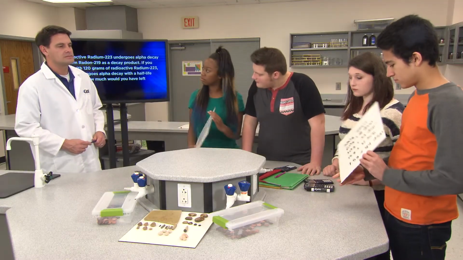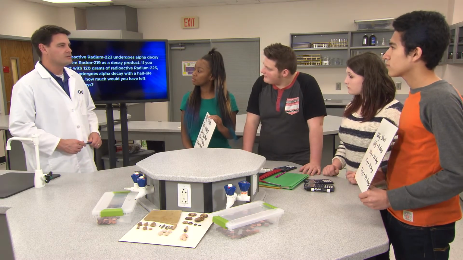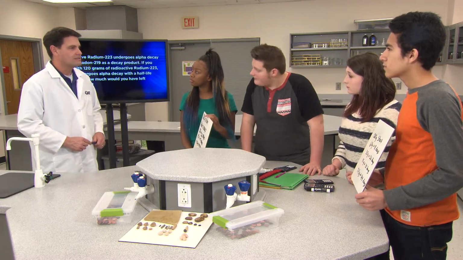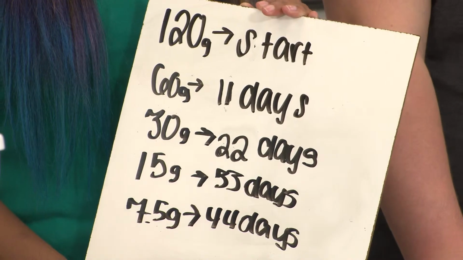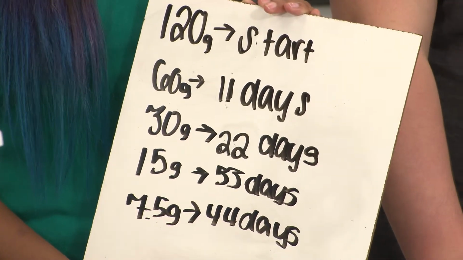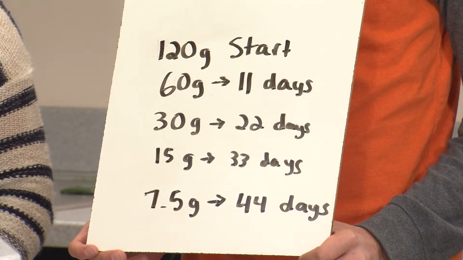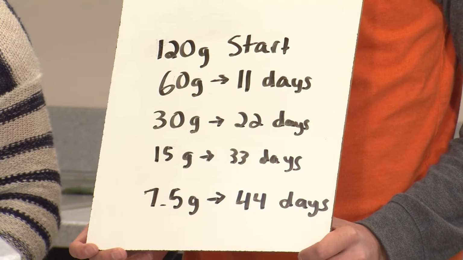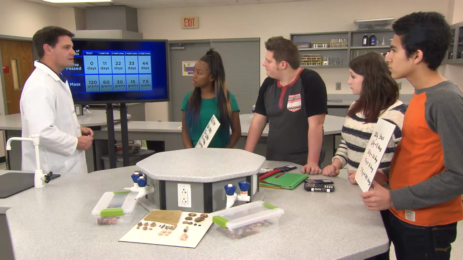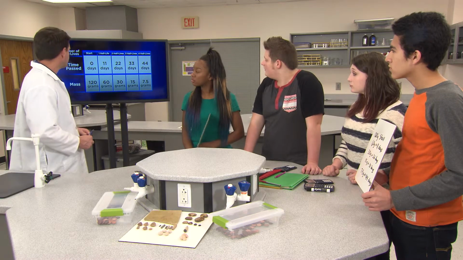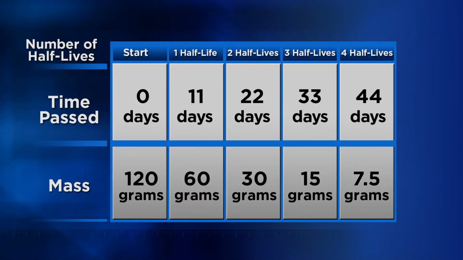Okay, let's look at your whiteboards. All right, I see you did a new calculation for each half-life, dividing the number of grams of isotopes in half to represent each half-life. While your drawing helps you get the right answers, using a more structured approach, like a chart, can be very useful, especially when searching for different information. Why do you already have 0 for the time passed? That's a great question, and it relates to a common mistake that students can make.